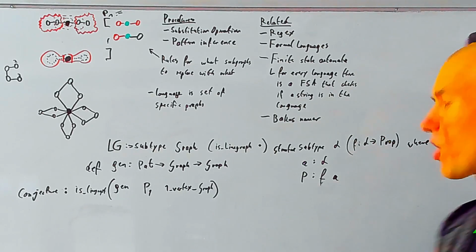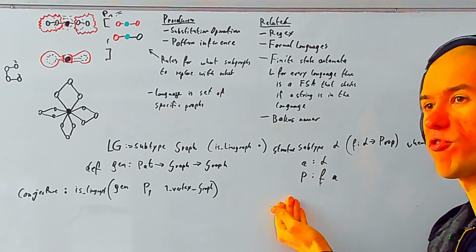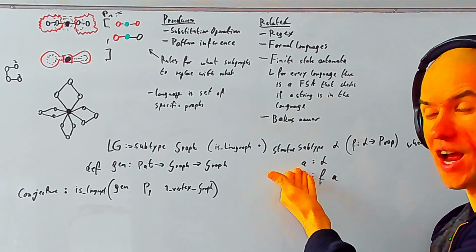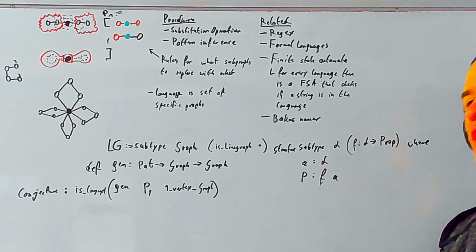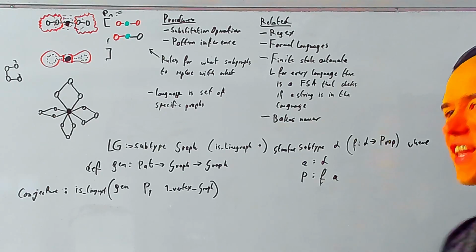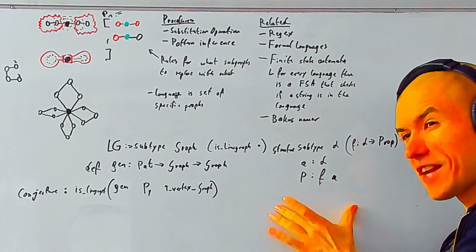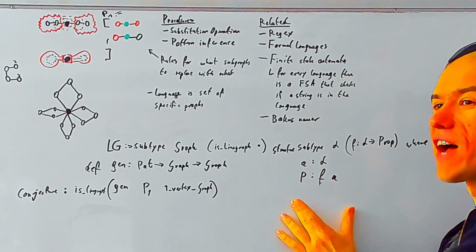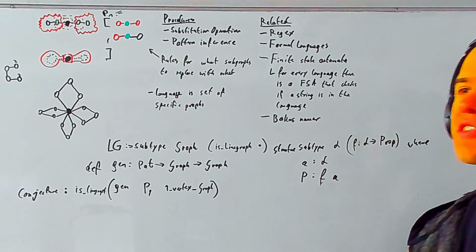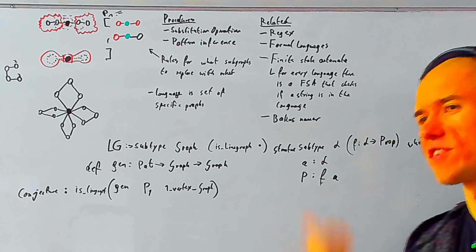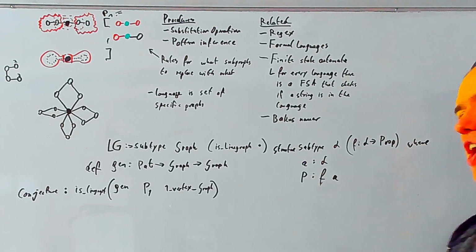To do that, I'm going to provide you with a graph and a proof that for this specific graph, it is a line graph if f is a line graph. That's how that works. And then all the things you can construct now are exactly the things that are graphs, and I can prove that this is a line graph. These are all the things you can construct, and you cannot construct the thing where it's not a line graph. But yes, you can't write it down as a normal